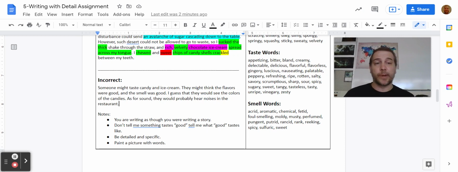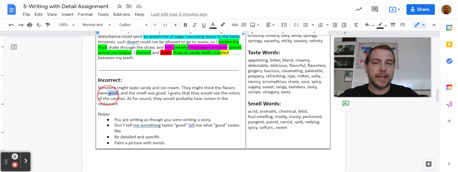So there's a couple things going on here that I don't like. First off, this isn't written in narrative form. This is just telling what somebody might experience. So tell it as a story, not as just, hey, this is what I see in the picture. The other thing is,